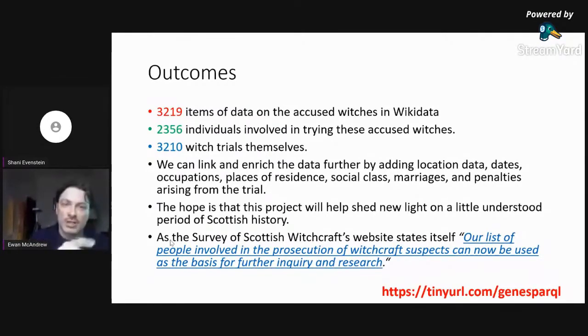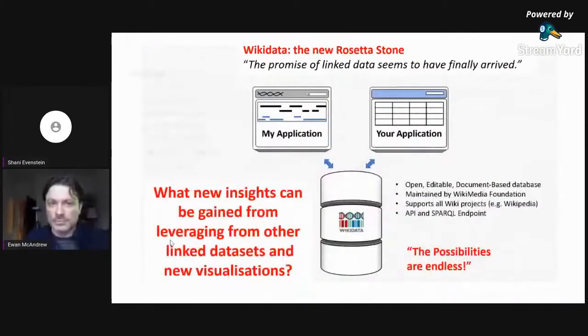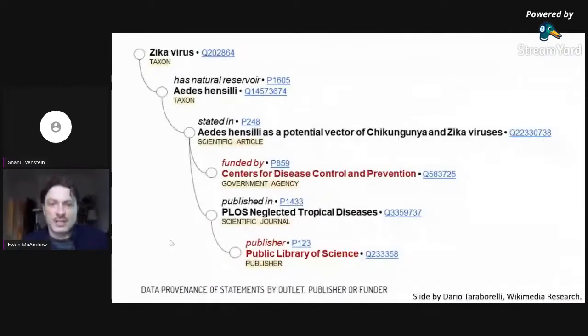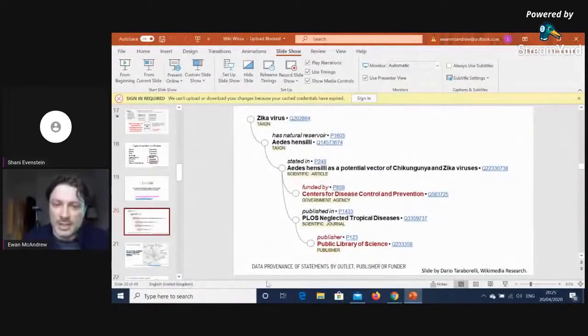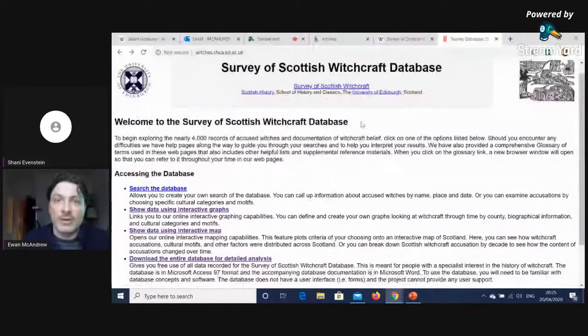Because every single accused witch in Wikidata had a place name mentioned. And we wanted to geolocate every single accused witch so we could plot them on a map for the first time. And so that's what we did, and we hired a student called Emma Carroll,